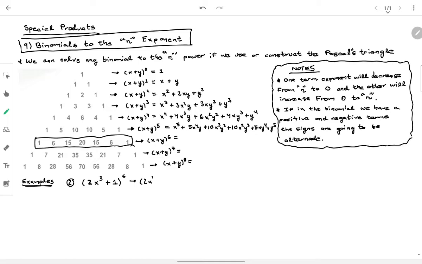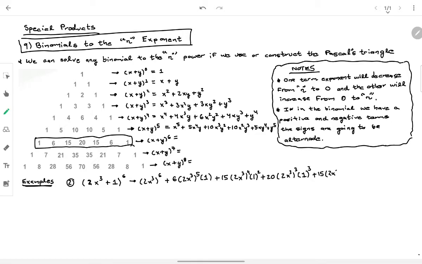The first one to the 6th power, then it's going to be plus 6 times the first one to the 5th multiplied by the second one, then plus 15, that multiplies the first one to the 4th multiplied by the second one squared, then 20, that multiplies the first one to the 3rd power, the second one to the 3rd power,